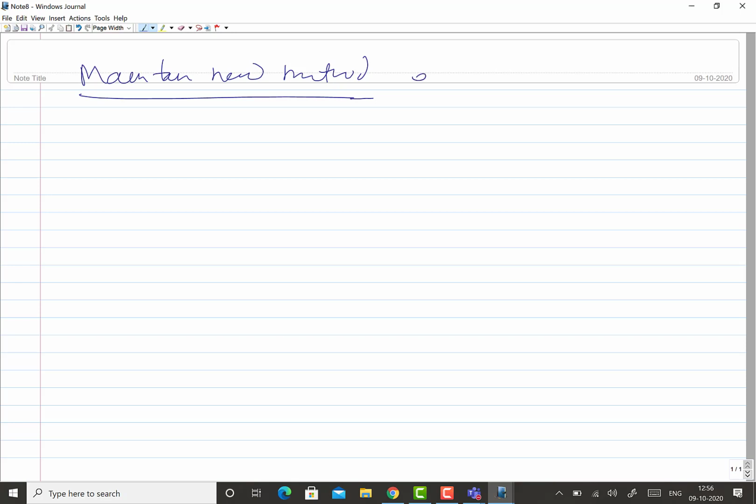So maintaining the new method is to ensure that there is no slip back to the old method.